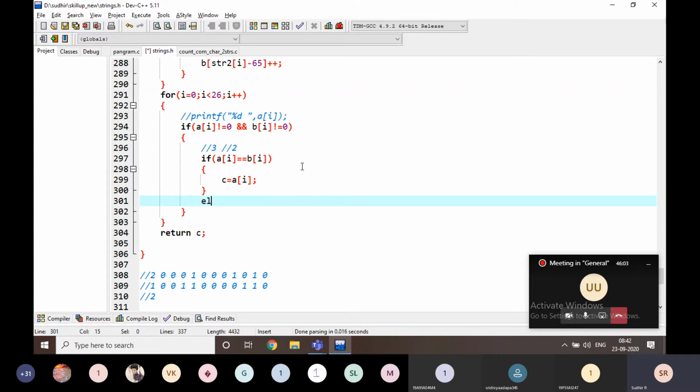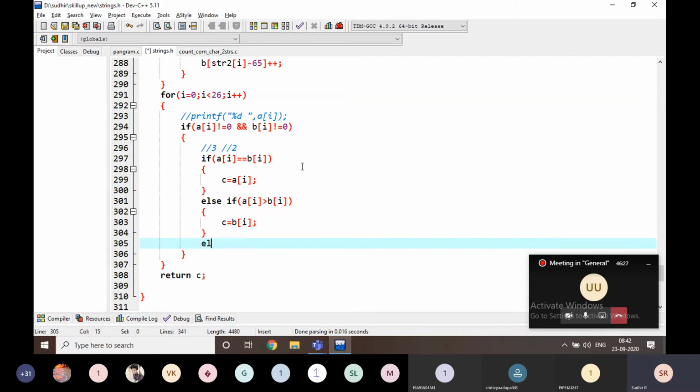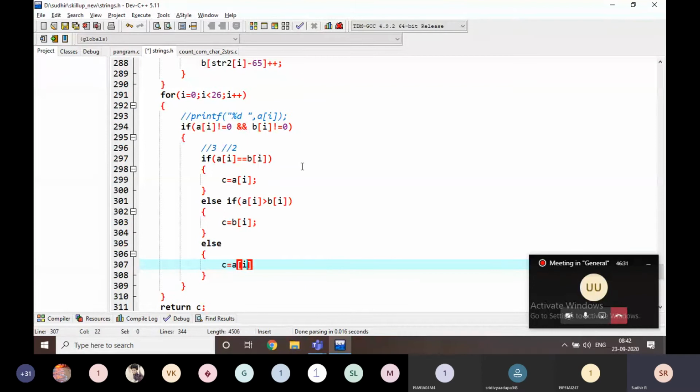Else if A of I is greater than B of I, then I am going to write the small one, B of I. Yes, B of I is the small one. Else C is equal to A of I.